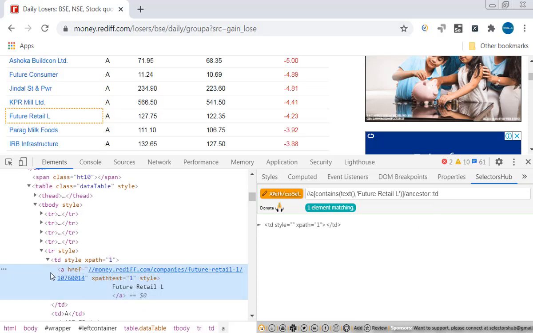See, for this element, the parent is TD. Okay, you can even use this as well. So two examples are completed. First example is for parent, second example for ancestor. Let's look into the next example.